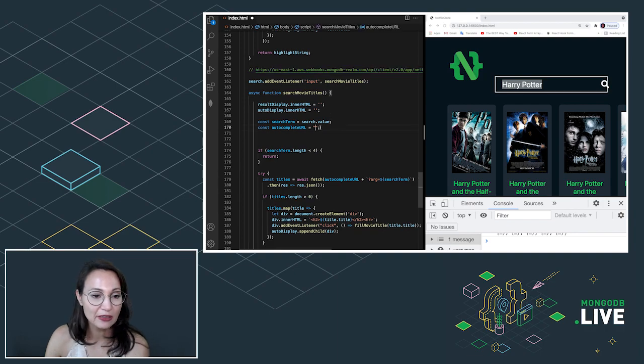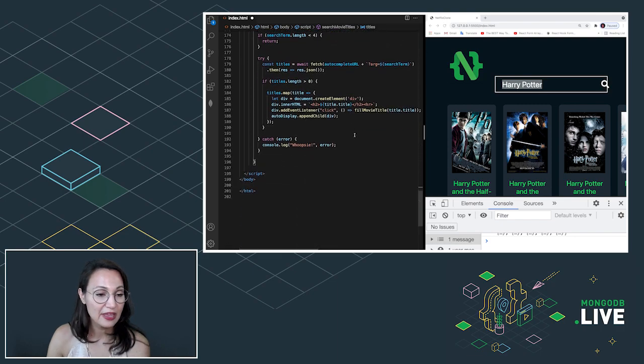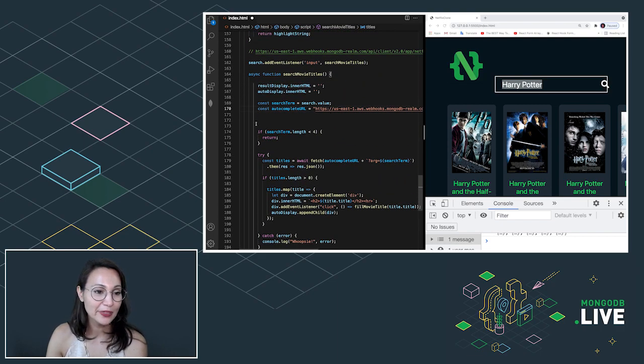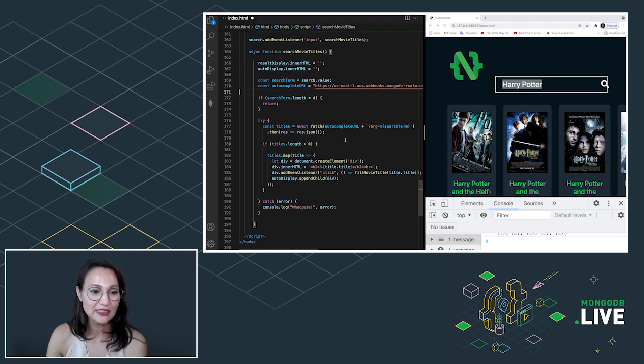So let me paste that in here. And then my buddy Nick Raboy would yell at me if I didn't have this line in here. So that we don't hammer the API all the time, I want to make sure that I have at least 4 characters before I start calling that API, and that's what this is.